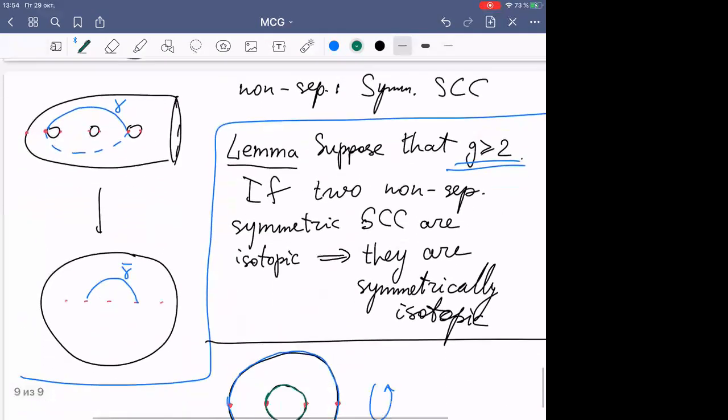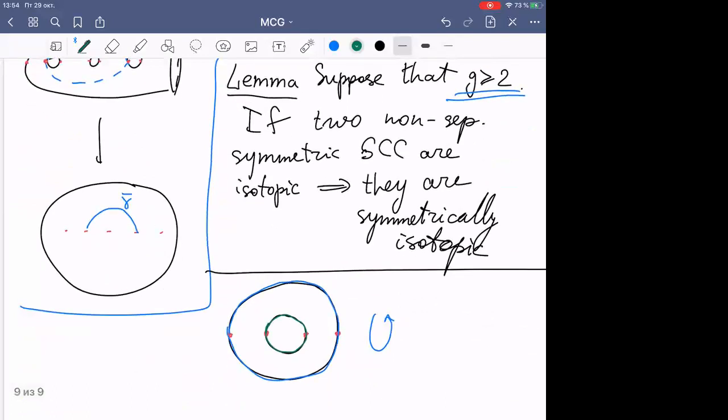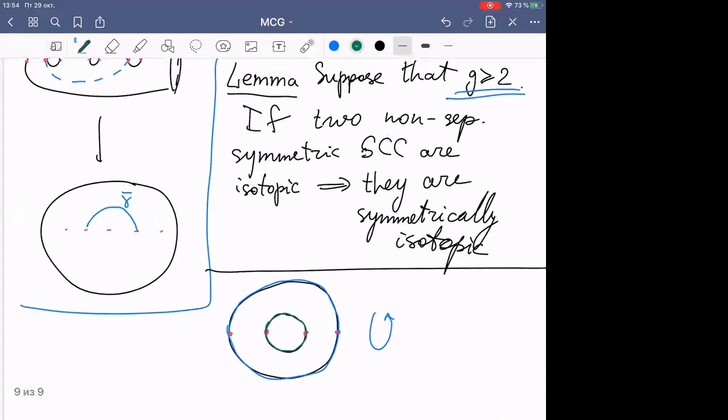So the situation is as follows. The lemma is not true if G equals 1, provided that the surface is closed. It actually is true if the surface has a boundary component, but I will prove it only for